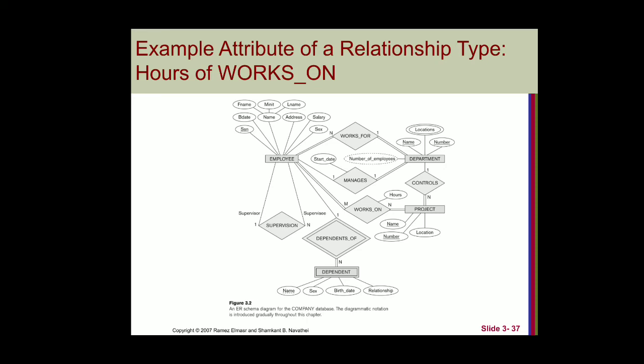But when we consider employee manages department, in between manages and department we have taken a double line. That means at least there should be one person who is working as a manager. It cannot be left blank. For that reason we have taken a double line. But in between employee and manages we have a single line. What does it mean? There can be an employee who is working as a normal employee, not as a manager. Then there will be no line connecting between employee and the manages table.